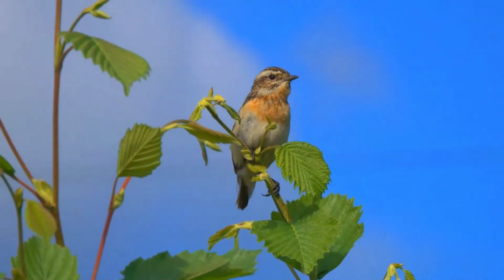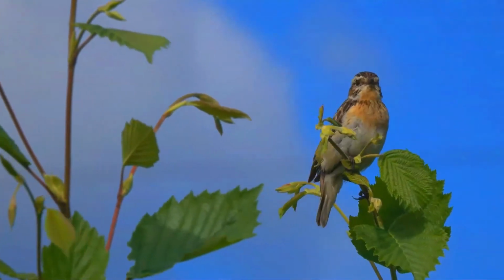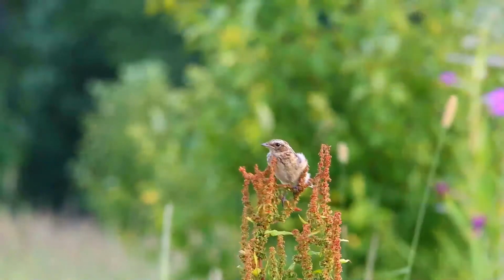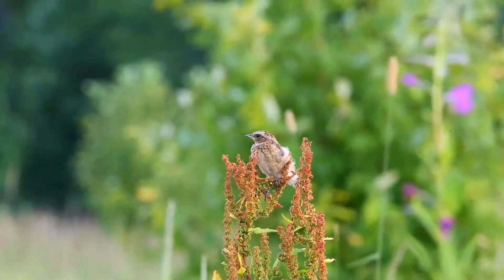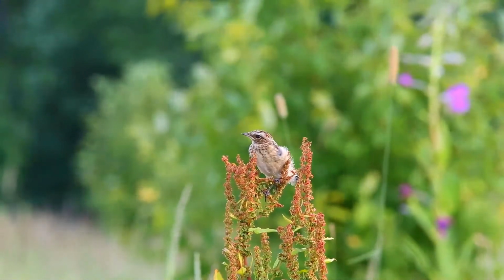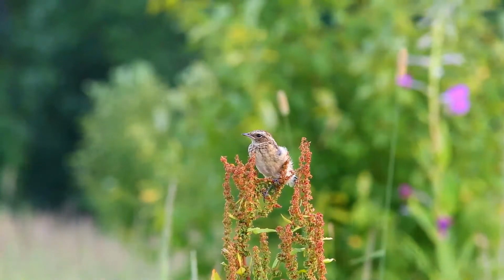The nest is built solely by the female, and is made of dried grasses and moss, and lined with hairs and fine bents. It is built on the ground, hidden in dense low vegetation, often at the foot of a bush. The female lays and incubates a clutch of 4 to 7 eggs which hatch after 11 to 14 days. Both parents bring food to the young which leave the nest 10 to 14 days later, while still too young